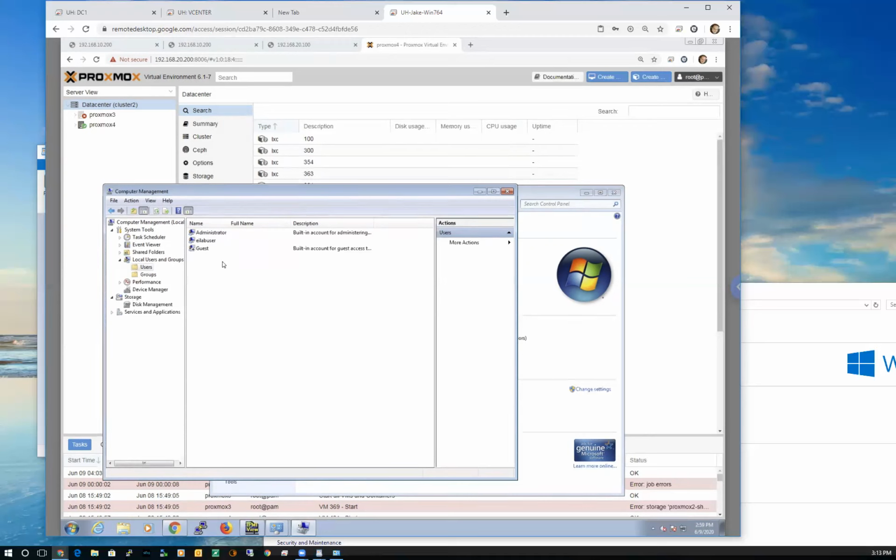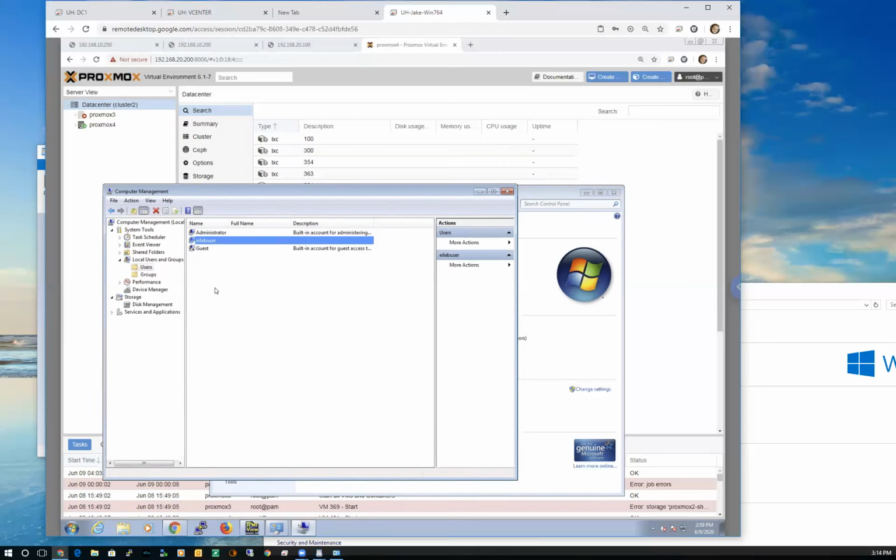It's important to have at least one local user that's an administrator. There's usually a default user on Windows machines called administrator. It doesn't usually show up. You don't usually see it in a menu. You have to enable it. It's also a good idea to add a second one, like I've got one called EI Lab user, and then make him a member of the quote unquote administrators group.